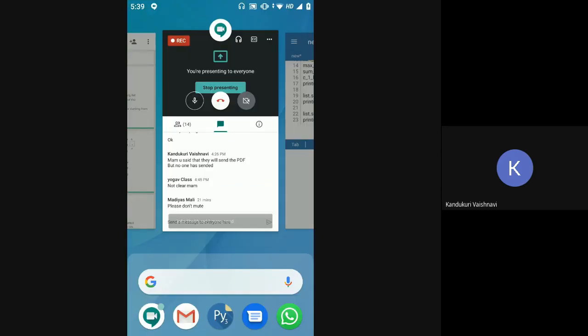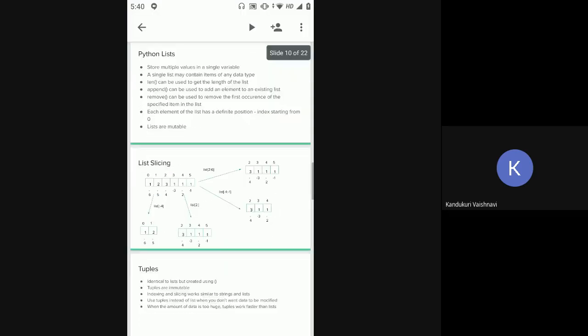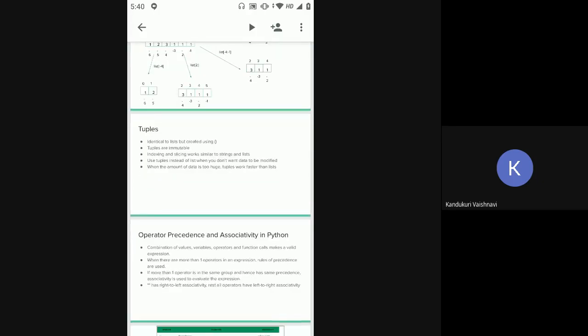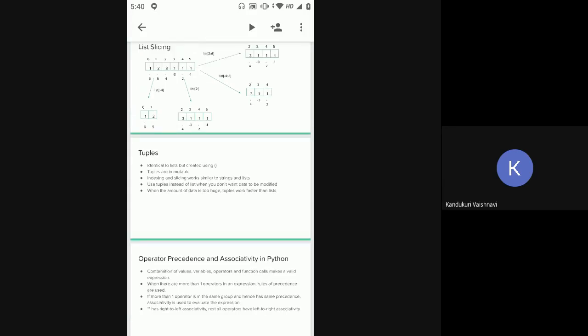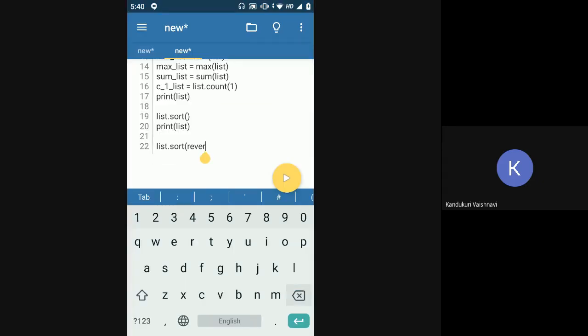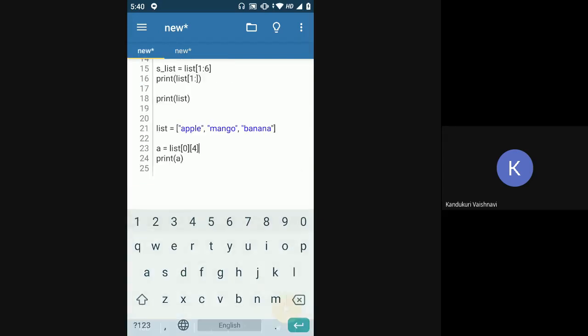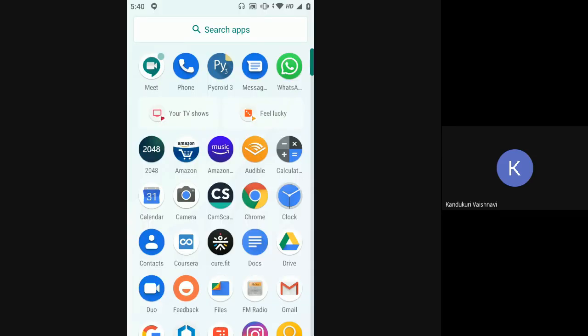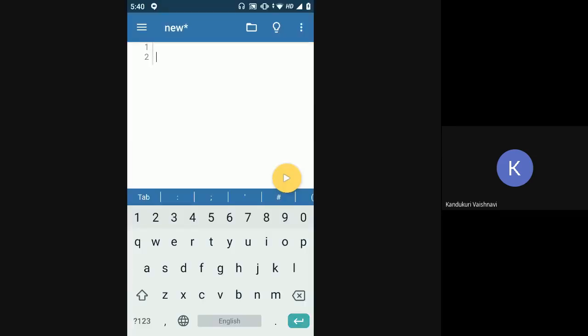Okay, I think that is all about list, the important things about list. Next we'll briefly see what tuples are. Basically tuples are exactly like lists, mostly like lists only. They are also a collection of different values. When you have different values and you want to put all those values into the same variable, in that case you will use a tuple. The main difference is in how you create a list and a tuple.